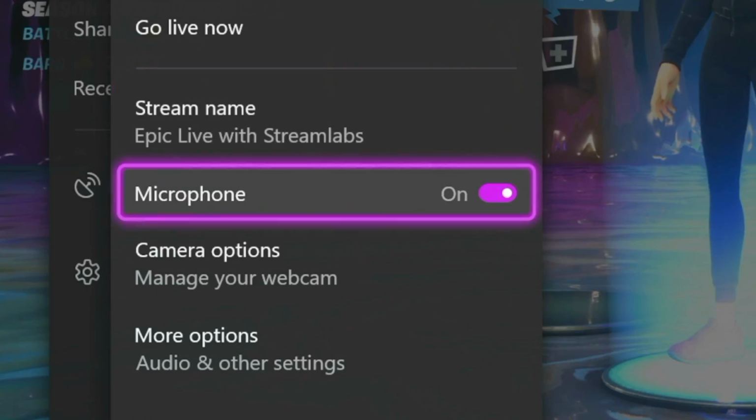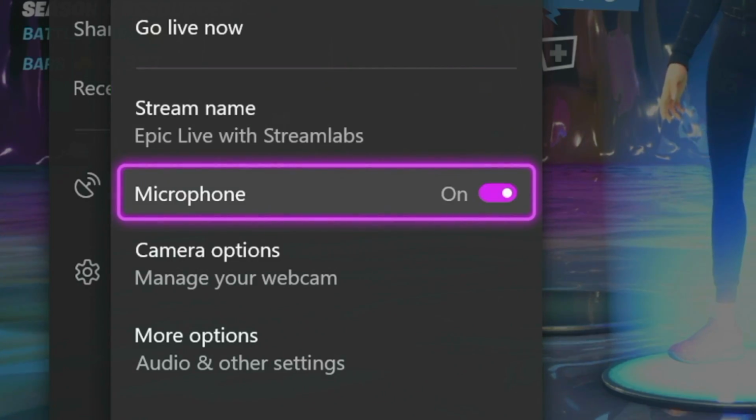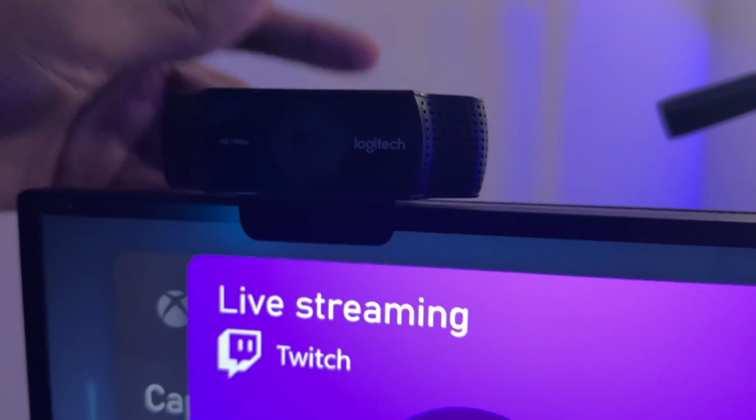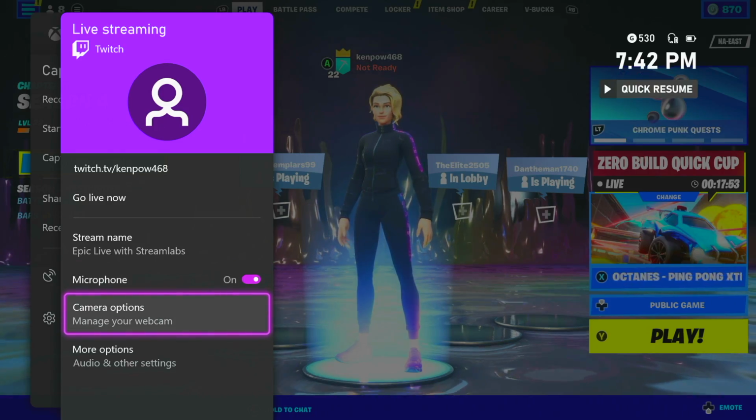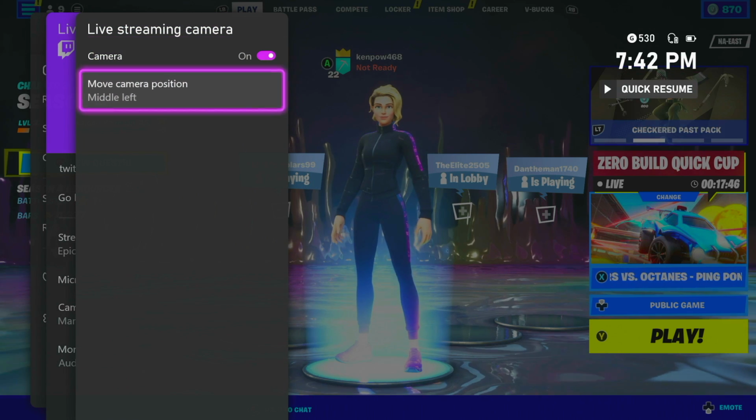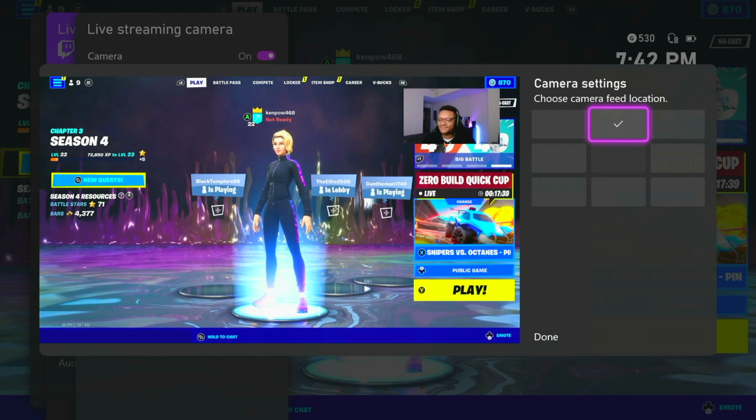If you have a headset with the microphone function, whether it's wireless or connects directly into the controller, you can plug those in and be able to turn on the microphone function. If you have a web camera, you can plug that into your Xbox console as well. You can then select the camera options, enable the camera, and then you can move the camera to different parts